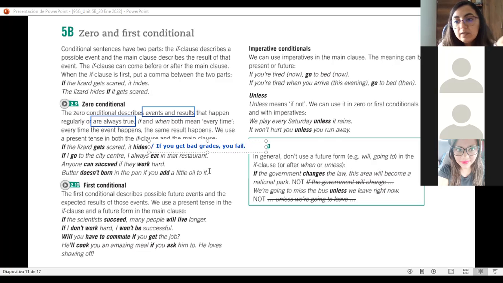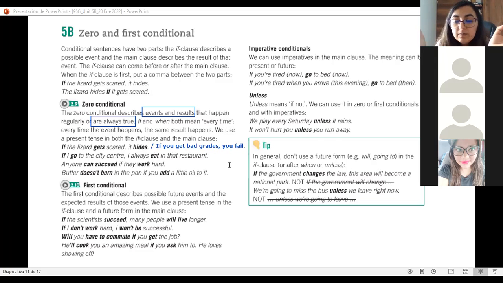Si tienen malas notas, reprueban. No hay nada que pueda modificarse, ¿no? O sea, es algo real. Siempre que tenemos malas notas, reprobamos o perdemos la materia, right? If you get bad grades, you fail.